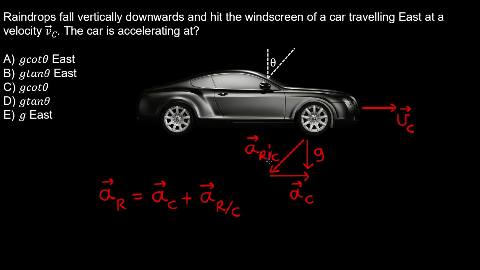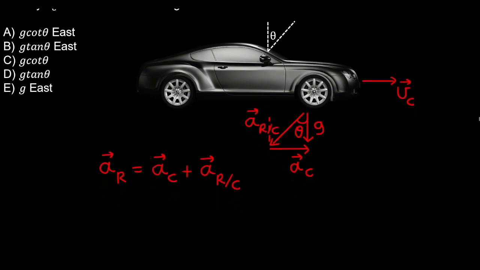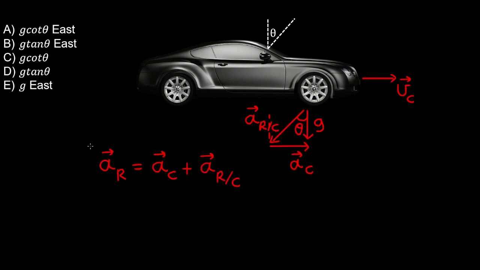And this angle here of theta is equal to this angle. But let's solve this problem using the horizontal and vertical components of the acceleration. So in the horizontal direction, the raindrop has no acceleration because it's falling vertically,